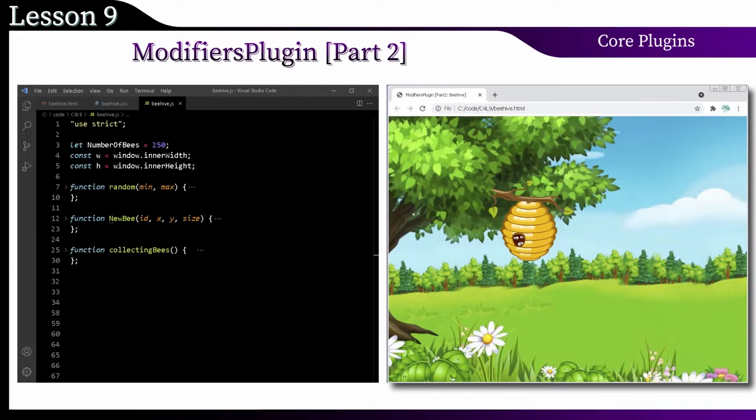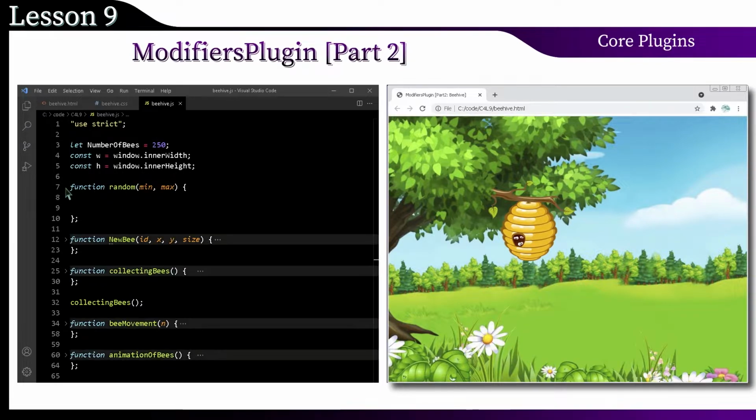This function puts all the bees in our SVG container. Calling this function starts the animation of movement of the next bee, and this one, the animation for all bees. Main call to start all animation. Now, let's look at these functions in detail.